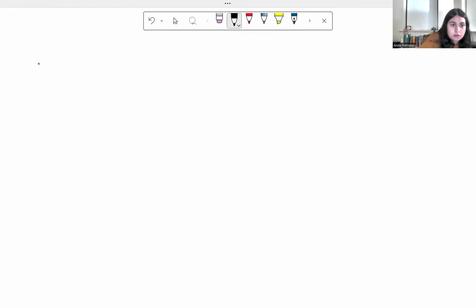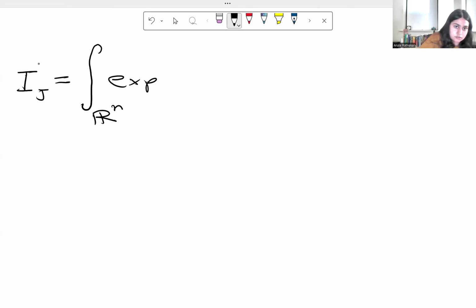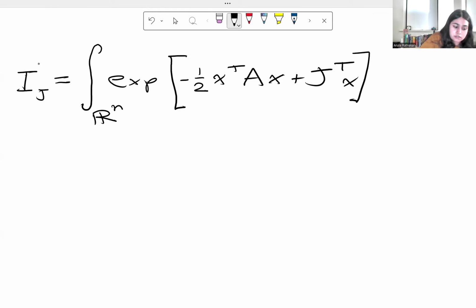Our original problem was evaluating IJ equals the integral over n-dimensional space of the Gaussian exponential negative 1/2 x transpose A x plus J transpose x dx. And after completing the square, we rewrote this